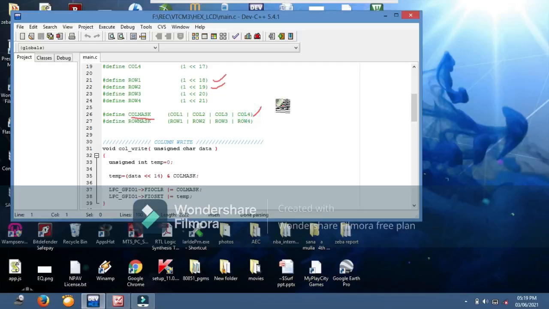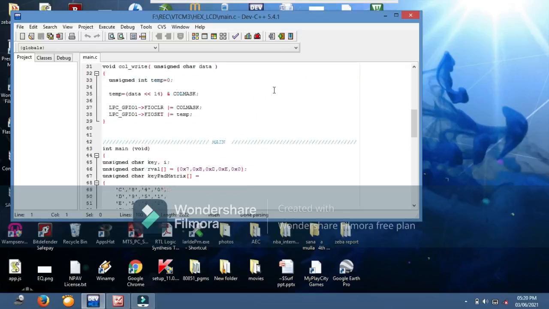So this variable will be like this: the 14, 15, 16, 17 bits are 1111, remaining all 0. For the rows also we define one more variable, row mask, where the 18, 19, 20, 21st bits are 1111, remaining all zeros, since we are ORing all the values row 1 to row 4.